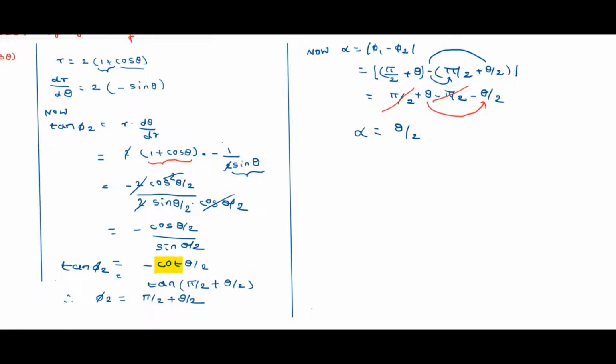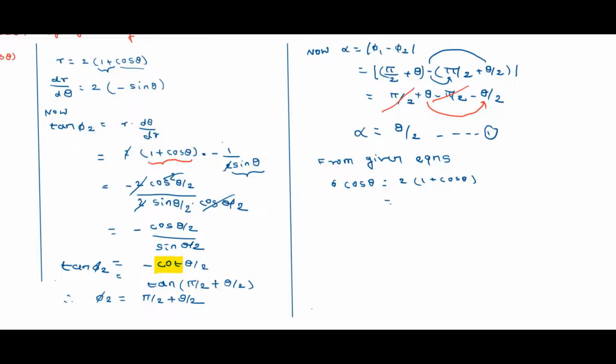Now from the given two equations, is it possible to find the value for theta? We can check. Say this is equation number 1. From the given equations, the left hand side has r. So if you equate the right hand side terms, r cos theta, this is the right hand side of the first curve, and 2 into bracket 1 plus cos theta, this is the right hand side of the second curve.